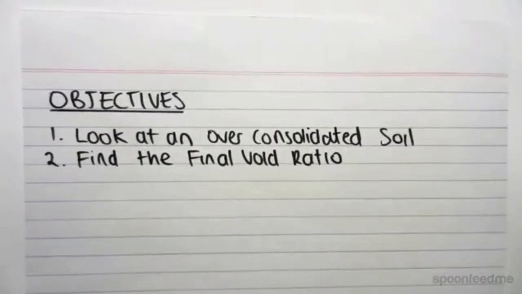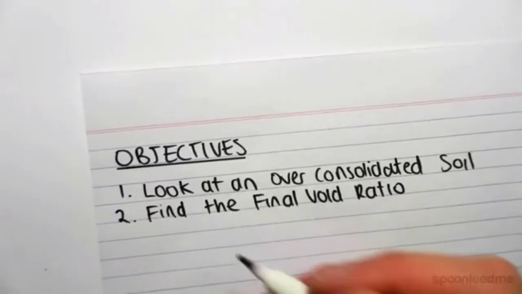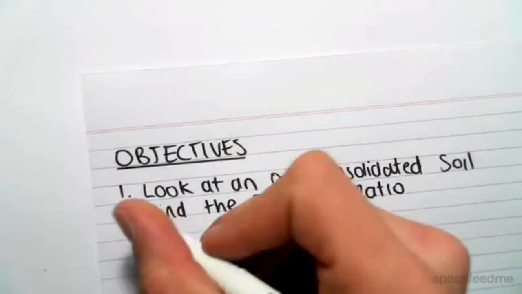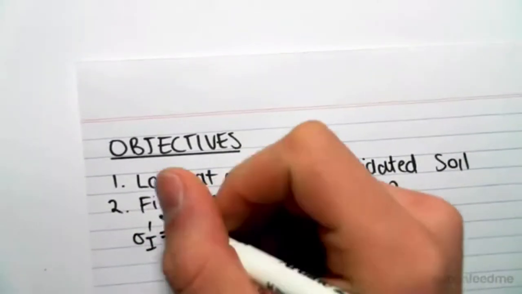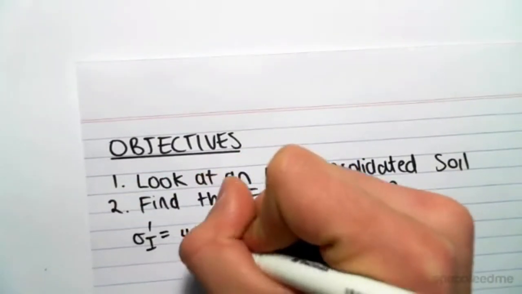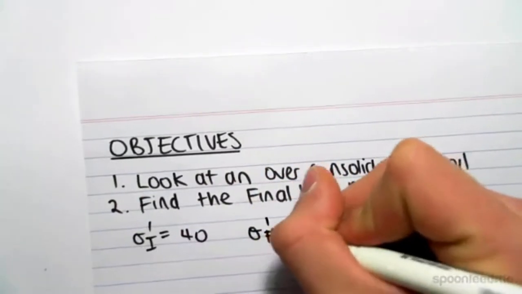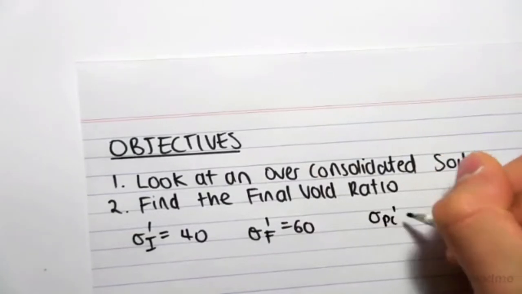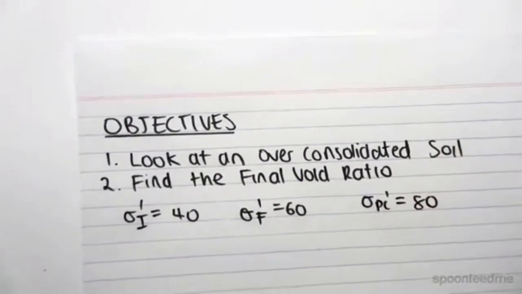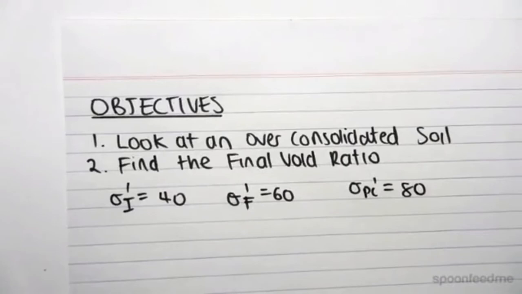Okay, so let's say, for example, we're given this information. Let's say we're given that the sigma initial, so sigma subscript I, the initial effective stress, is 40 kPa, the final effective stress is 60 kPa, and the pre-consolidated stress is 80 kPa. Okay, so if I were to draw this,